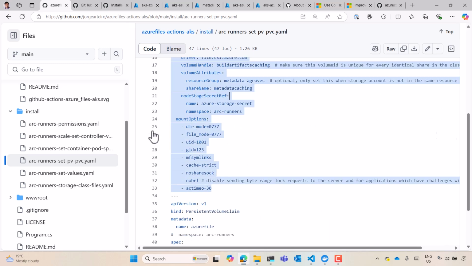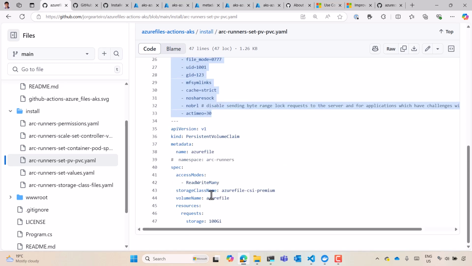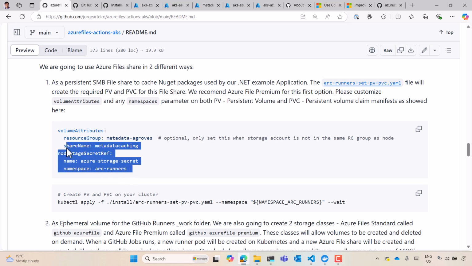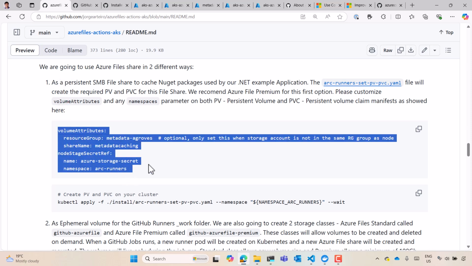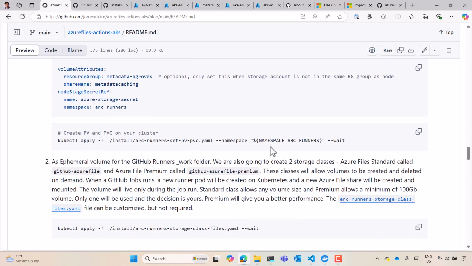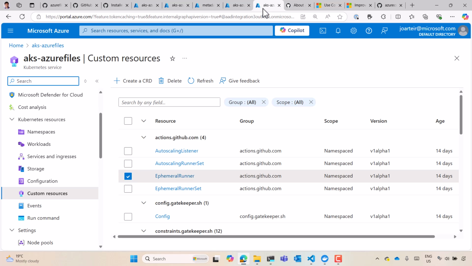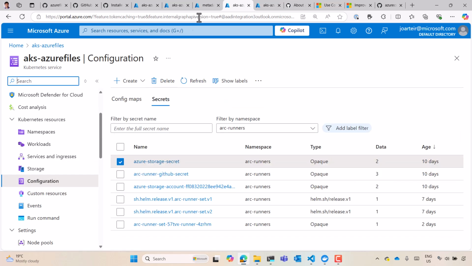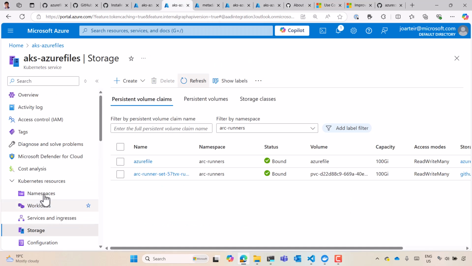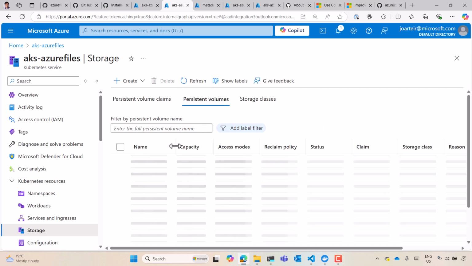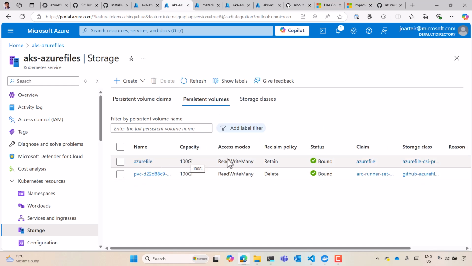We give you full access to the storage, and I also created this claim to be used in your deployment. So those are, as I showed in the YAML file, what you may or may not have to change. Then you run this kubectl apply to apply this PV and PVC, and now you have the NuGet storage. If you go to the storage folder on your cluster, you're going to be able to see the persistent volume created called Azure File, with 100 gig,